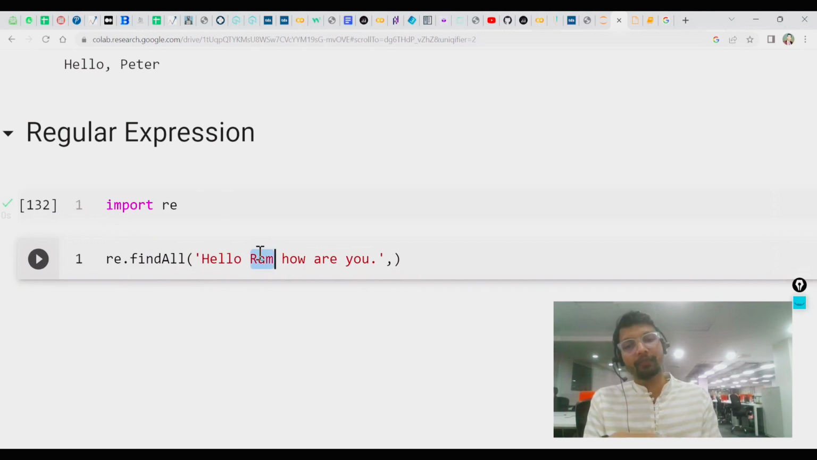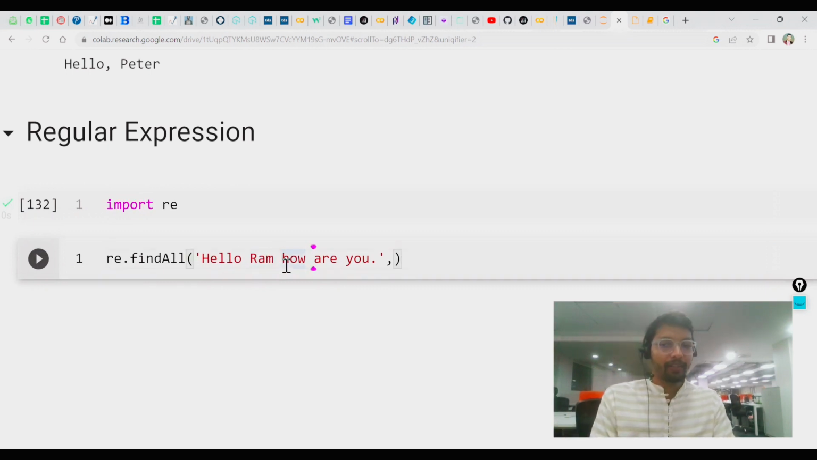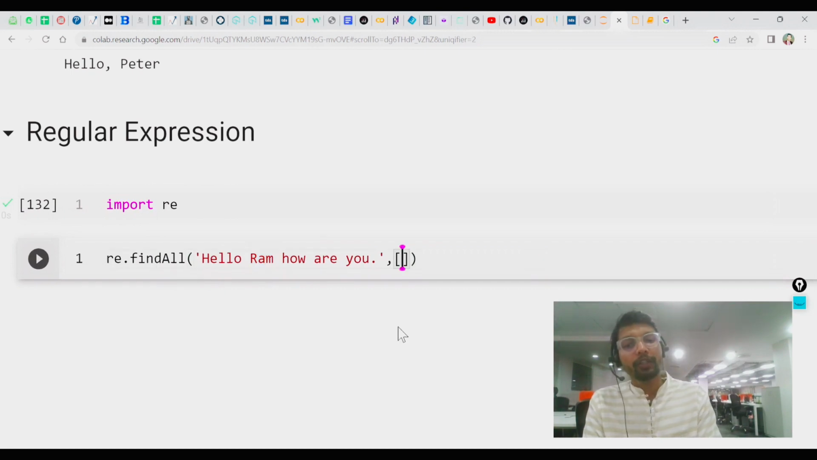So there is some pattern with the name, that is they are starting with a capital letter and have some number of characters in it. So over here I have three names, so I can write re.findall. What I want to find,